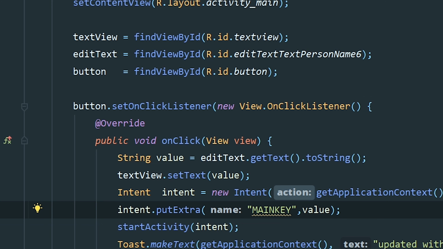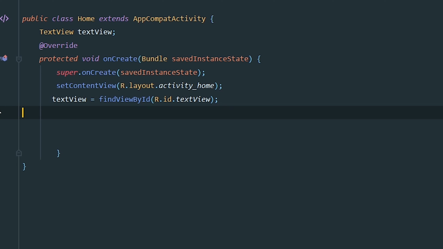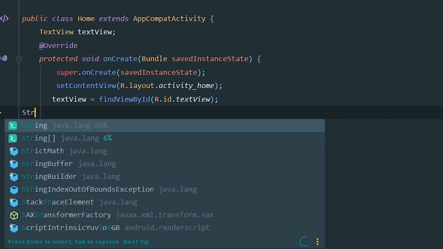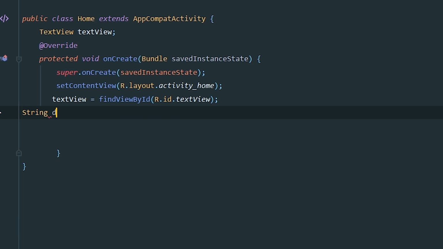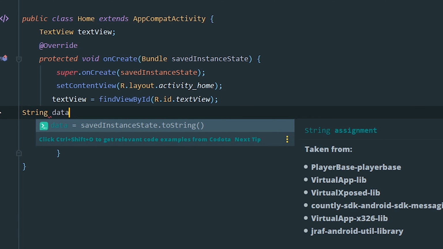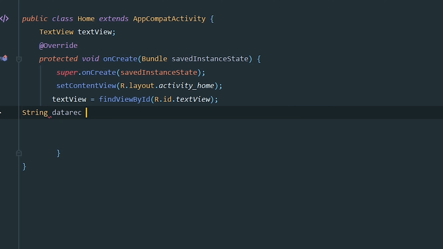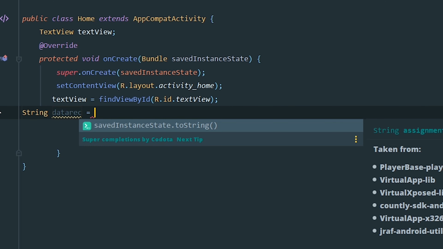For that we need to create another string here. String, I'm naming it as data received. I'm calling this string as data received, and in this line we need to get the data, right?